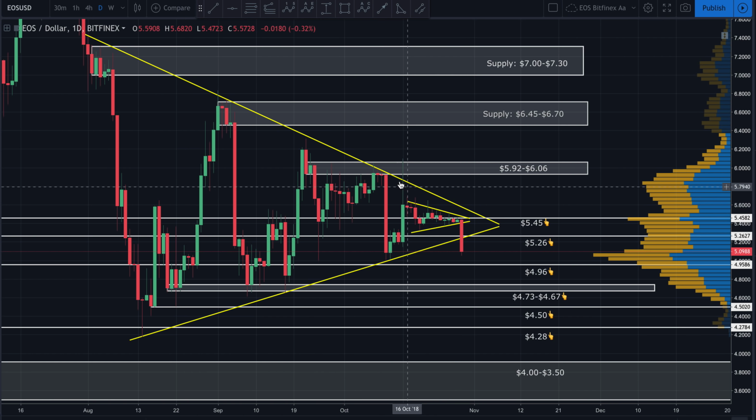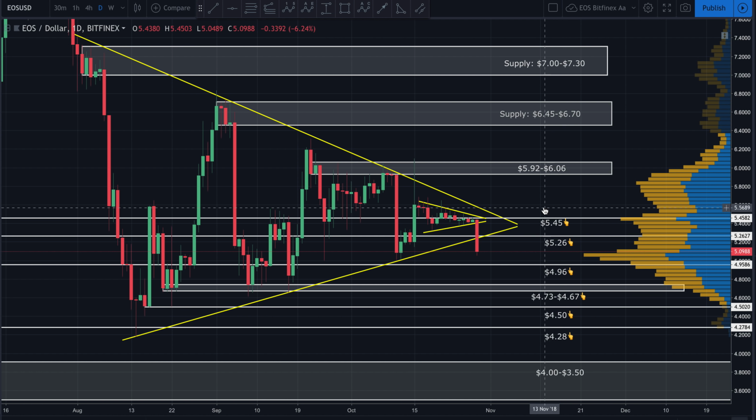We're going to be looking at actually EOS and Ethereum. Hope you guys are having a wonderful afternoon. We're starting off with EOS to the US dollar one-day chart on Bitfinex, guys. I haven't updated you guys on EOS in a while. Basically, it's because EOS has been following Bitcoin. That still is the case. But I figured it's been about a week since I've updated you on EOS, and I just want to give you a quick update on that, just in case we do get any kind of divergence